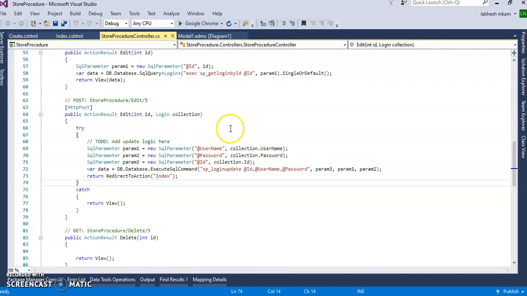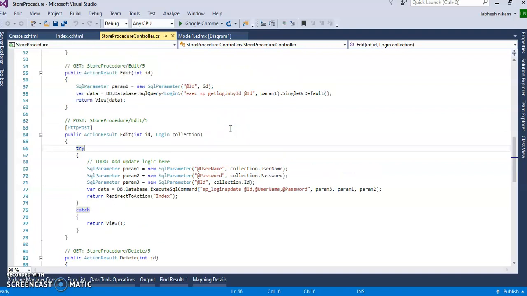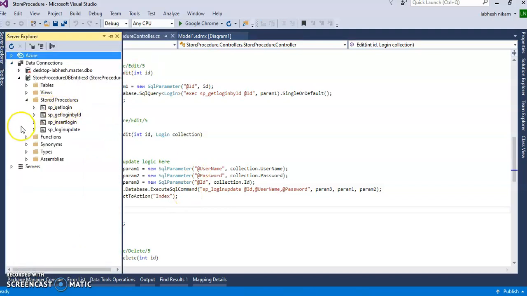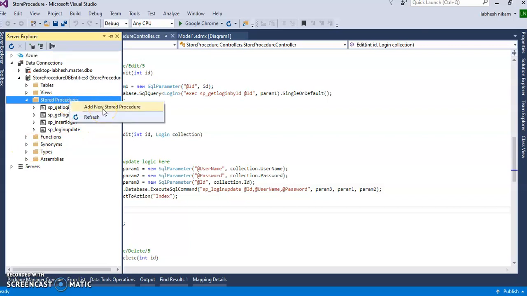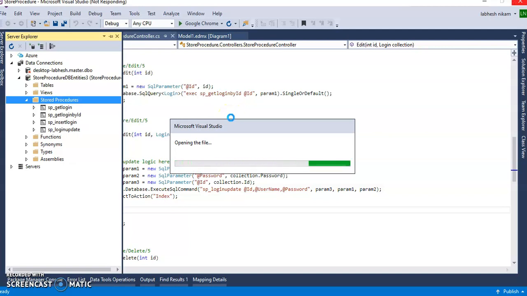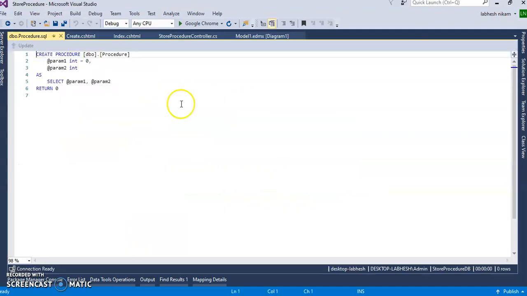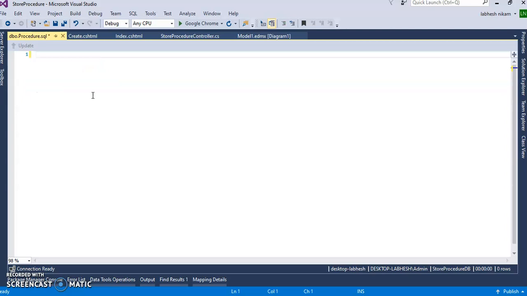In the last part we have done update of the data using SQL parameter. Now today we will do the delete operation using SQL parameter. For that I need a stored procedure to delete the data. So first I will create a stored procedure, add new stored procedure, and create it using ID, and we will delete the ID of that table.